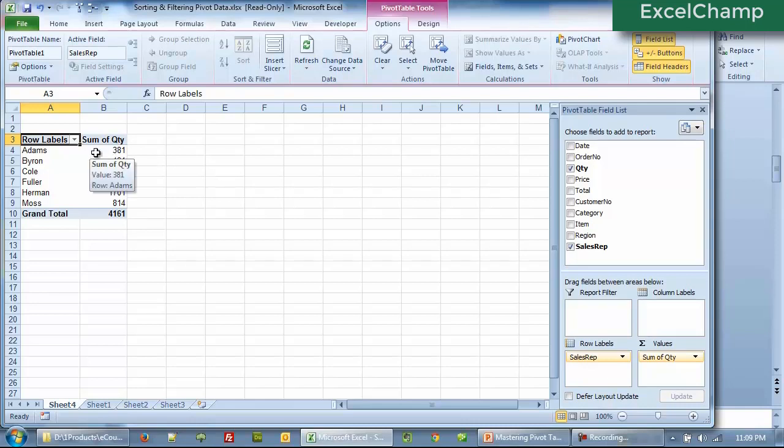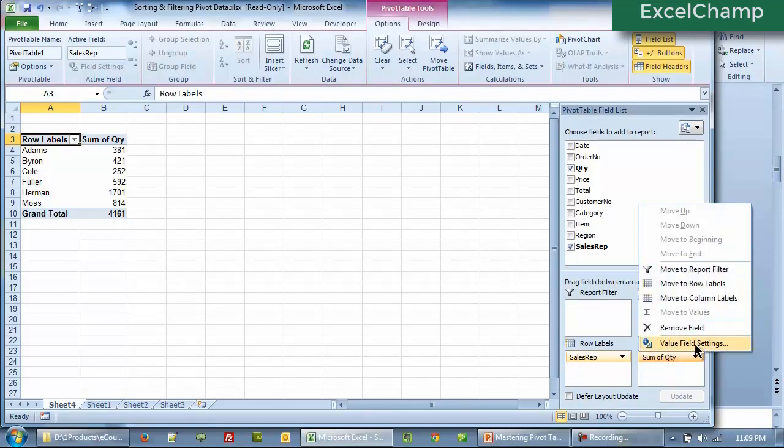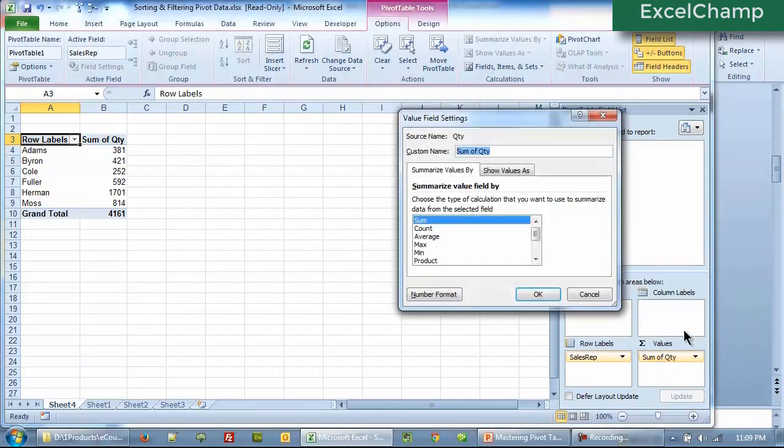So what we are going to do is to transform the data and see how much did Adams do compared to the grand total, how much percentage. And this does not require us to write any formulas. We can do it simply by using our mouse and the pivot table inbuilt features in Excel. All you need to do is go to the sum of quantity here, click on this and choose value field settings. We click on it